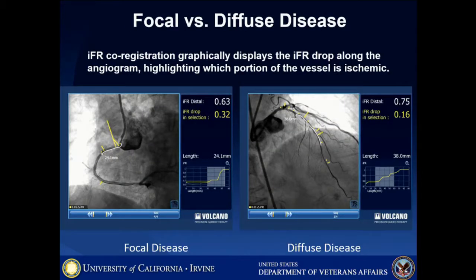Just as important is that this co-registration and the pullbacks allow us to differentiate between focal and diffuse disease, understanding that our stents really are best used to treat focal disease and are less appropriate for diffuse disease. So on the left-hand side, you see that the iFR changes the most in the ostial LAD, and a short stent there will suffice, whereas in the LAD on the right-hand side, you would either need several overlapping stents, or this patient actually might be better off with a surgery, a CABG,